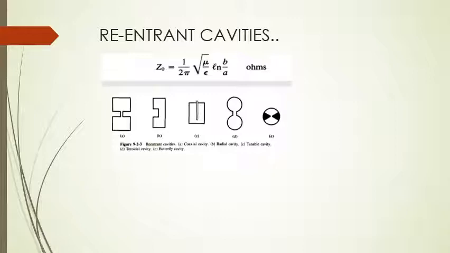Why are they capable of doing it? Because they are supposed to be resonant cavities. Now what do you mean by this? At a resonance, what do you expect? Your inductance and capacitance both should be equal to each other. Omega L is equal to 1 upon omega C. This is what we expect. Now at higher frequencies, what happens is that to have an inductive and capacitive effect to be both similar